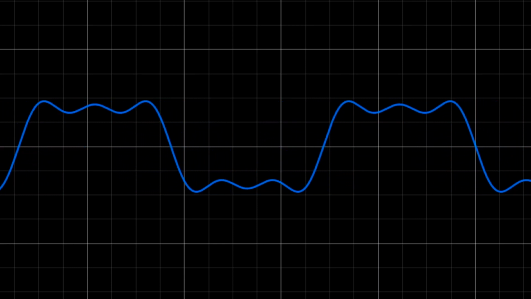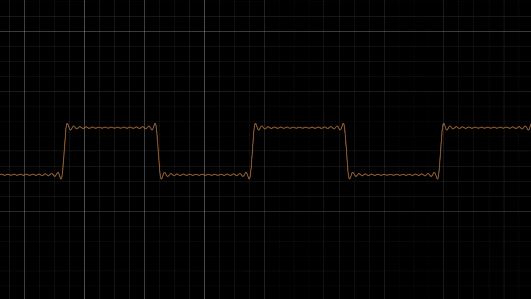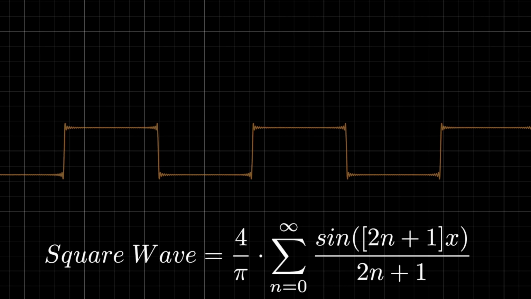From this, you can grasp the overall pattern. As we keep adding successive sine terms, the overall sum gets closer to a perfect square wave. If we could continue this process indefinitely, then we would end up with a perfect replica of the square wave. From this, you can see how we can add together waves of different frequencies to produce a wave of a totally different shape. Going back to the synthesizer, we can see that a computer is generating a perfect sine wave